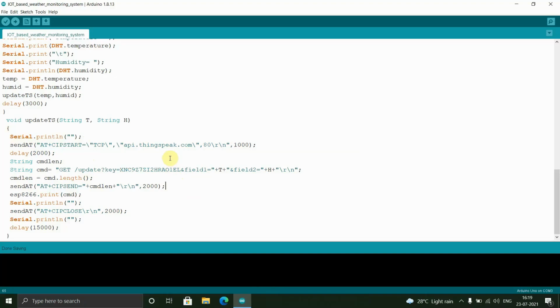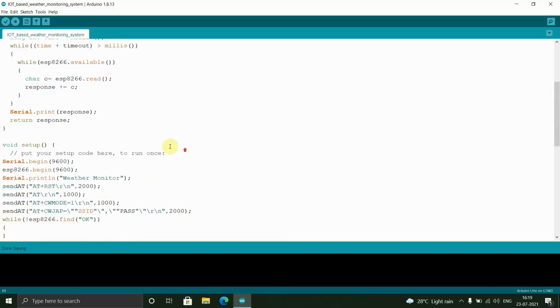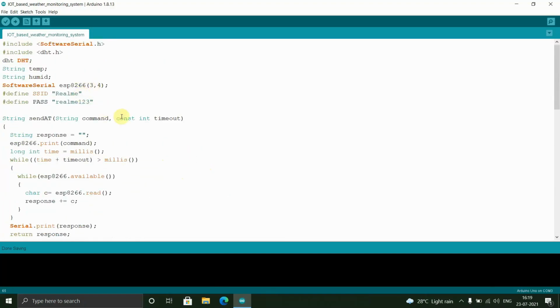Now we need to check the serial monitor for the recorded data by the sensors. Now we need to connect the Arduino to the laptop using Arduino USB cable.